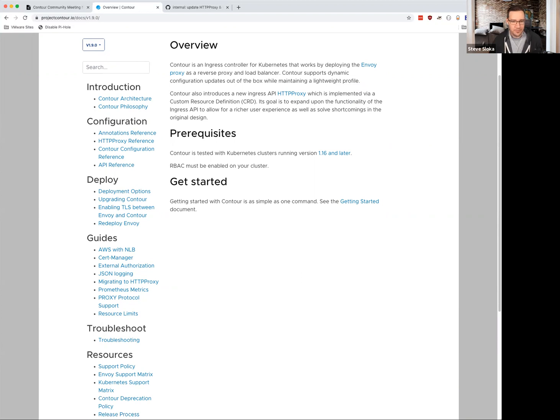Maybe that was your original question, Daniel. Yeah, that's exactly what my original question is. I want to make sure that there's synchronization between the operator and Contour itself. I mean, that's typically what we see out there, right? The operator is managing Contour, so you would want to do synchronized releases with them.